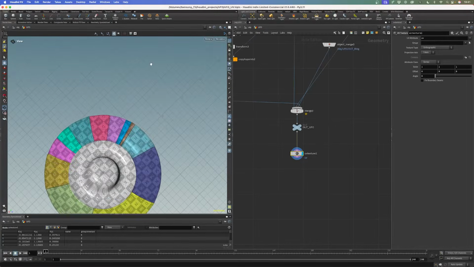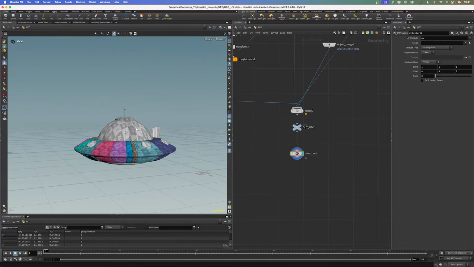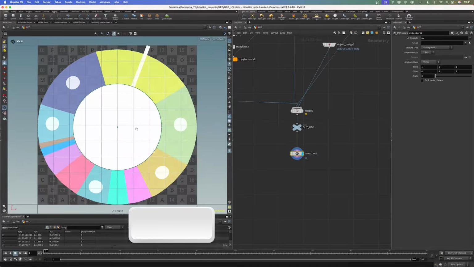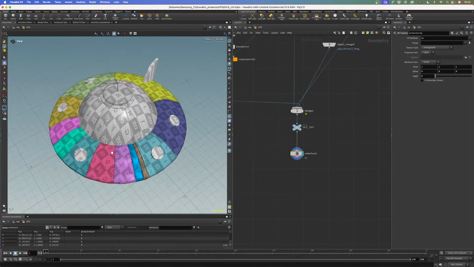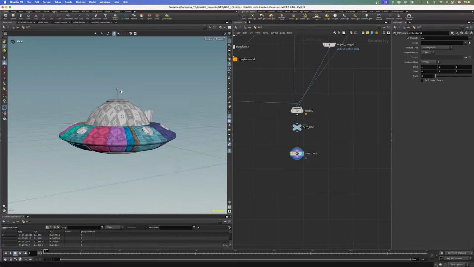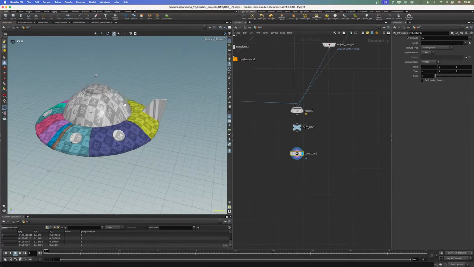If you want to have a look at those things in UV space, you can hit space 5 and you can see we have here our 0 to 1 U and 0 to 1 V coordinate grid. It usually comes with this kind of checkerboard texture, so you can really see where your seams are and how different islands would connect to each other. Spacebar 1 to come back to the perspective viewport, and you can see it looks already quite cool, but for